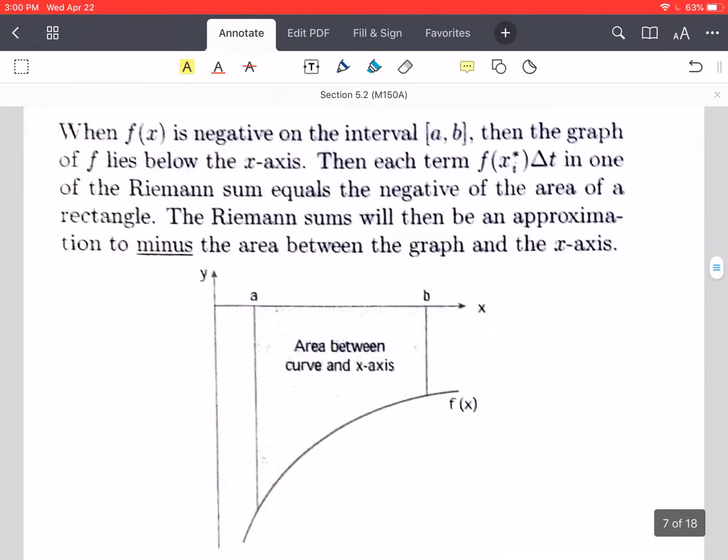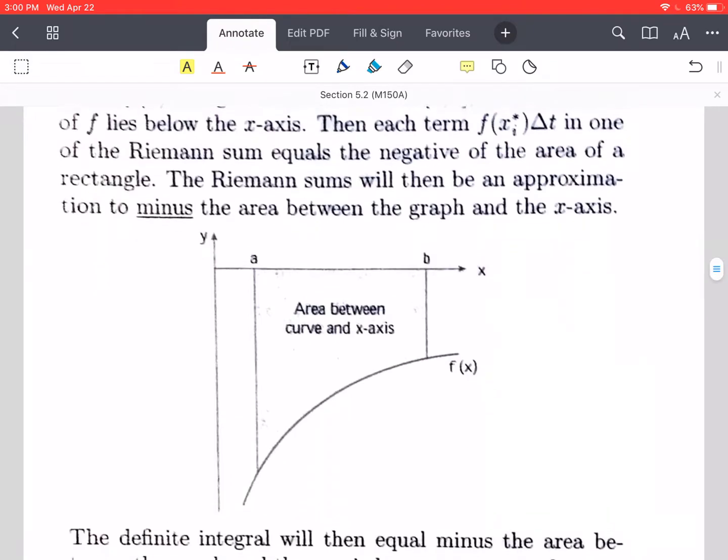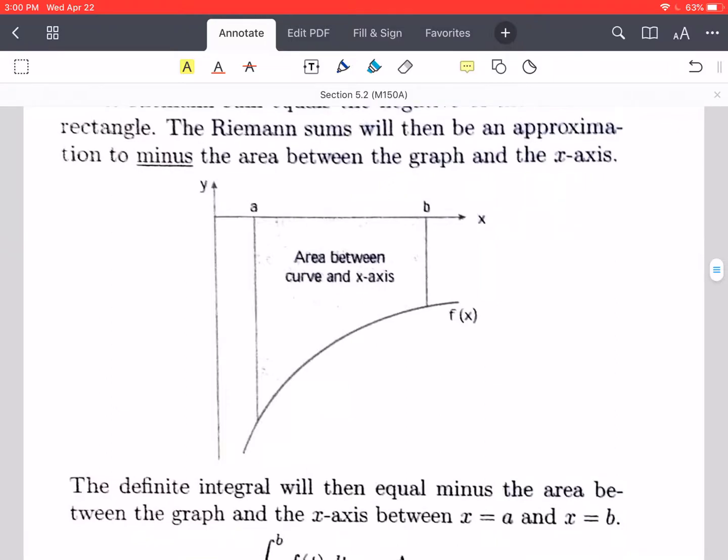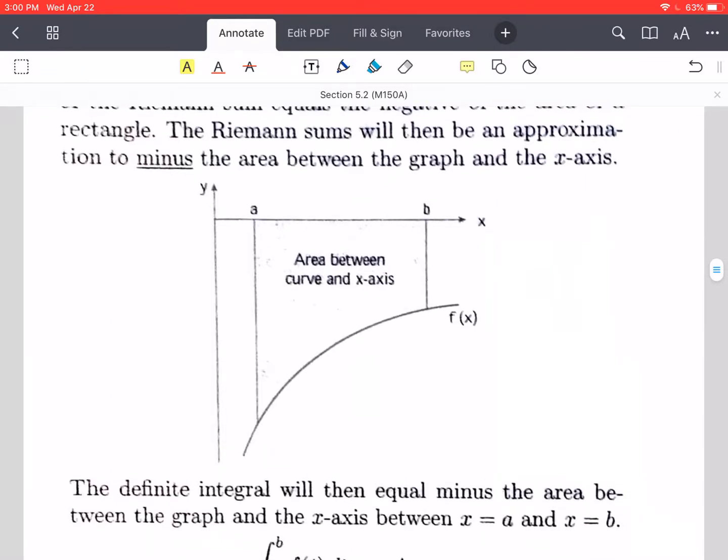Now, that was if the function is positive on the interval from a to b. So what if the function is negative? Well, if it's negative, then basically we're still computing area between the x-axis and the function. However, if it's below the x-axis, we count the area as negative. Okay? So, and the reason we're doing this is because if we were to draw rectangular approximations down here,